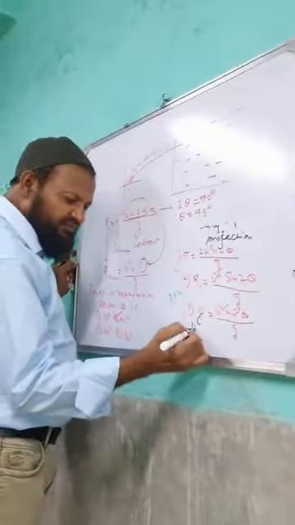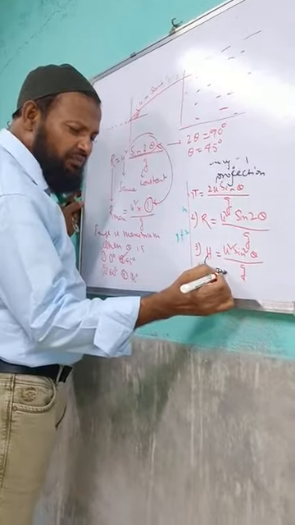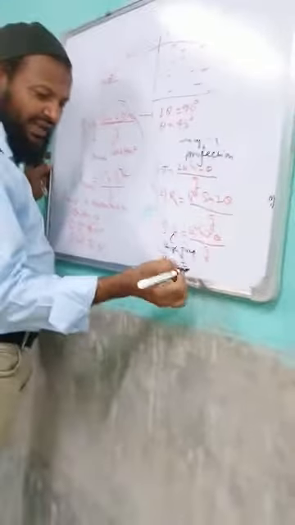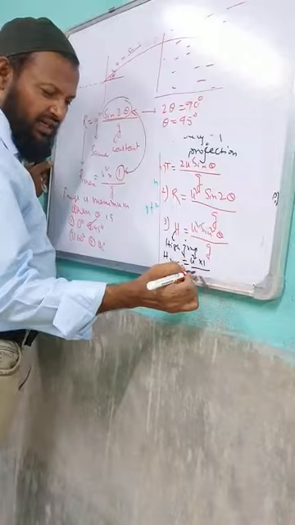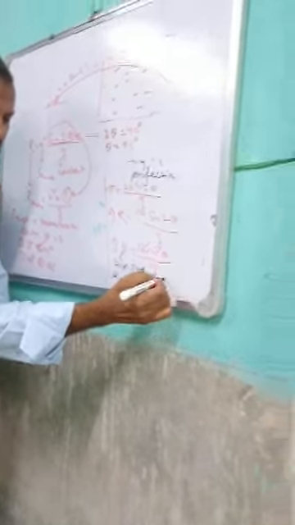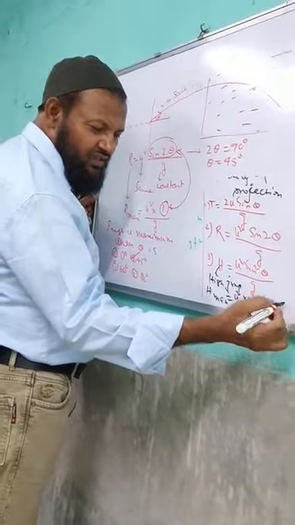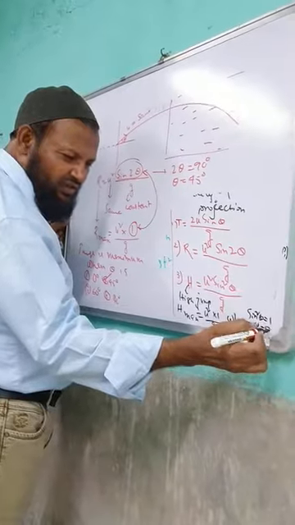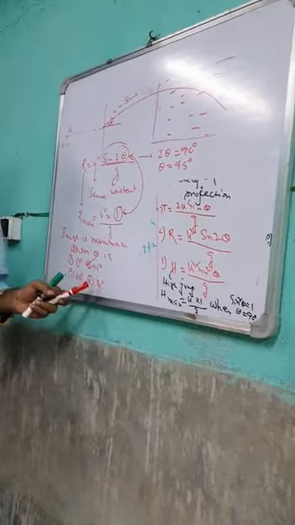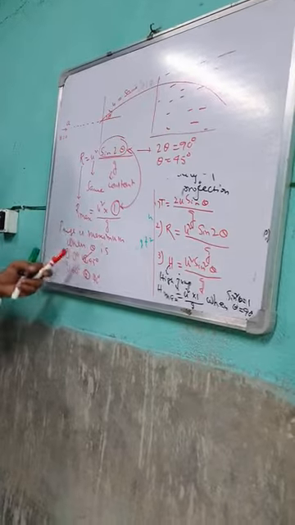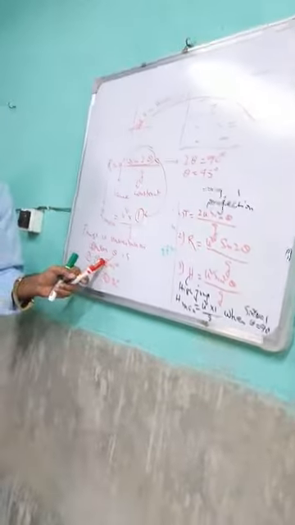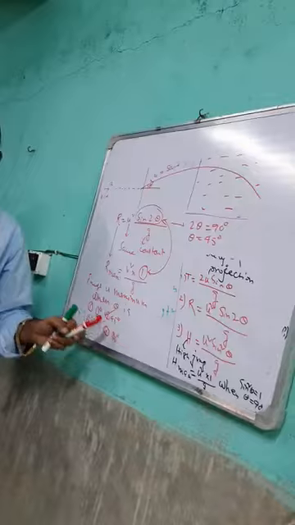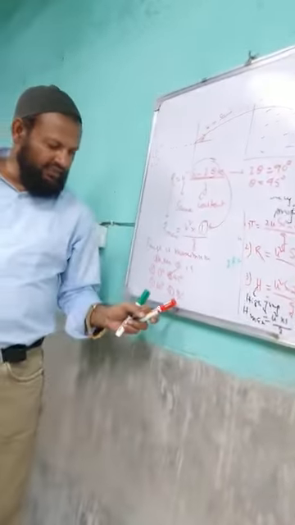In case of high jump, H is H max. What is H max? This is u square, this is 1 divided by g. Means when sin square theta equal to 1, so sin theta equal to 1, what is this? 90 degree. Range is maximum when theta is 45, but maximum height is maximum when theta is 90 degree. When height is maximum, theta is 90 degree.